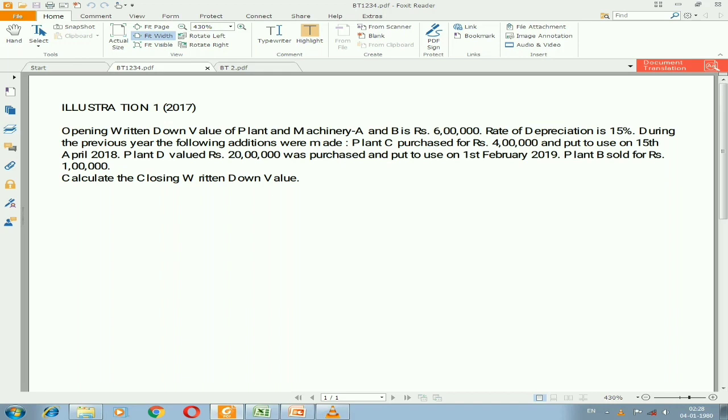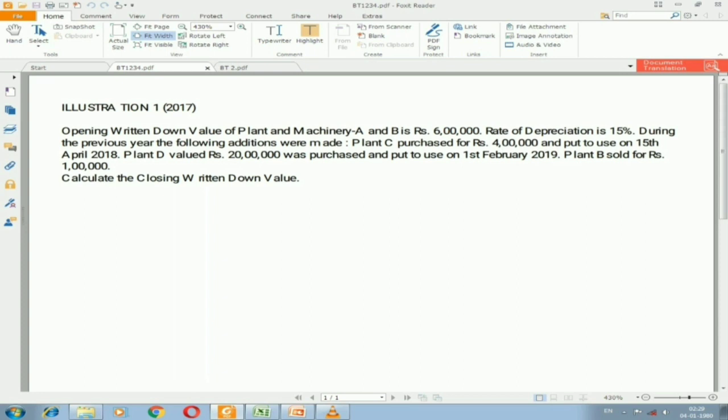So here you can see the illustration which was asked in the 2017 question paper for 6 marks. Let me read the illustration first. Opening written down value of plant and machinery A and B is rupees 6 lakh. Rate of depreciation is 15%. During the previous year, the following additions were made. Plant C purchased for rupees 4 lakh and put to use on 15th April 2018. Plant D, valued at rupees 20 lakhs, was purchased and put to use on 1st February 2019. Plant B sold for rupees 1 lakh. Calculate the closing written down value for the particular previous year, that is